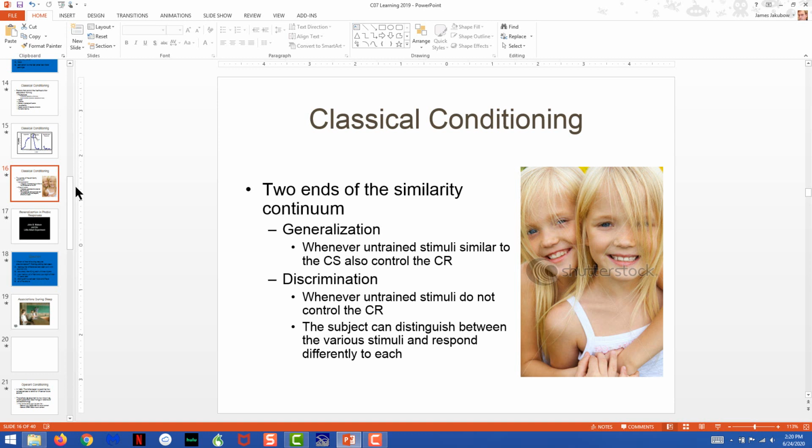If, however, you are her parent, you've seen her every day for her entire life, and you can easily tell the difference between Susie and Sally, despite the fact they are identical twins, because you're so familiar with them. And as a result, you would be said to show a clear discrimination between the children. That's just a technical term, not meaning that you treat one good and the other one bad, but that you can distinguish between two cues that are very similar to each other.